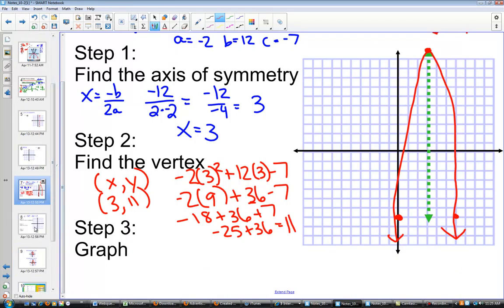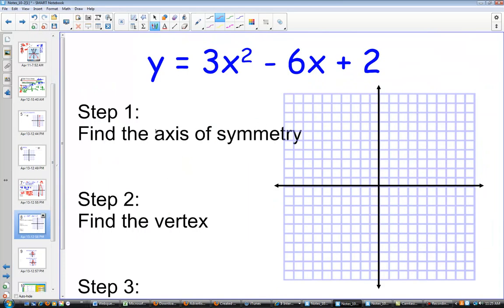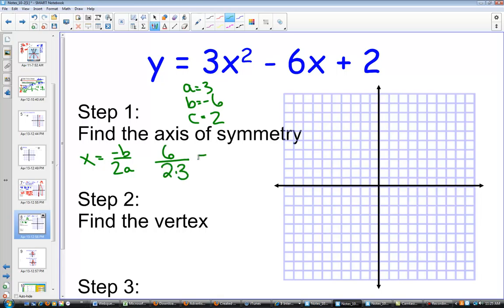Let's go ahead and try another one. Find the axis of symmetry. Our formula is x equals negative b over 2a. A value is 3, b value is negative 6, and c value is 2. If I do negative b, I'm going to get 6 over 2 times 3, which is 6 over 6, which is 1. My axis of symmetry formula is x equals 1, which means I have